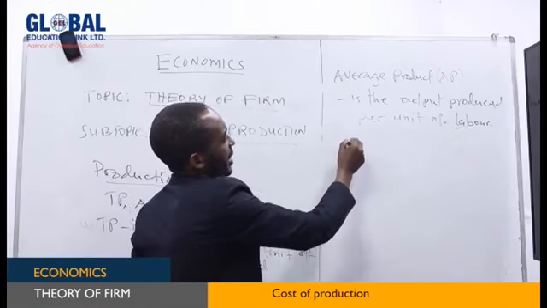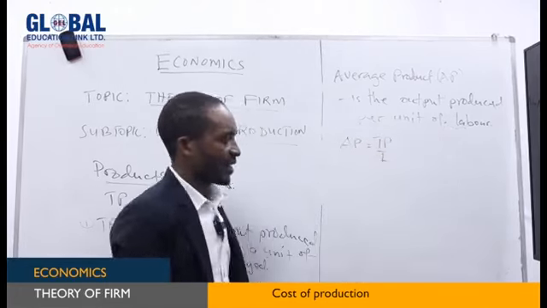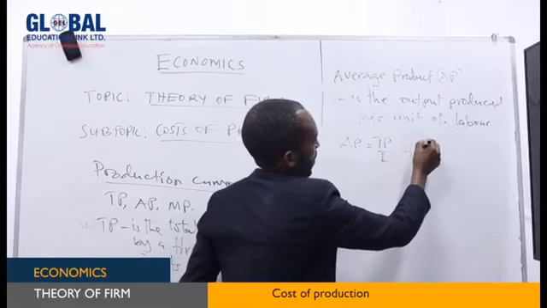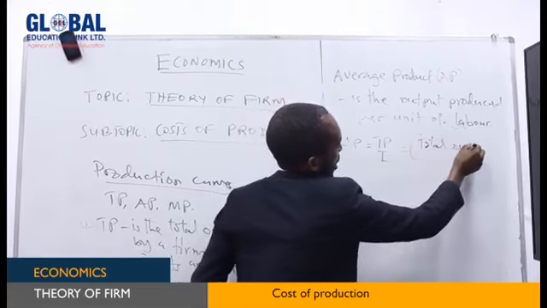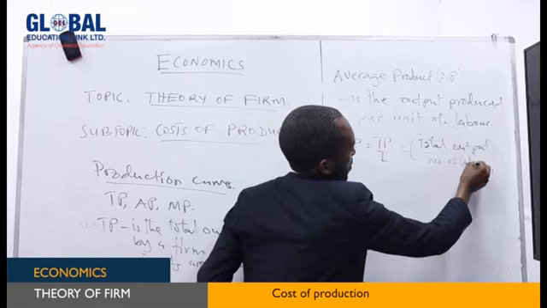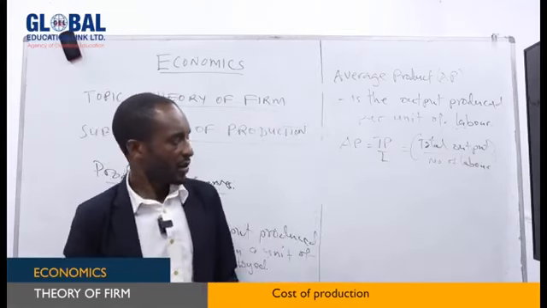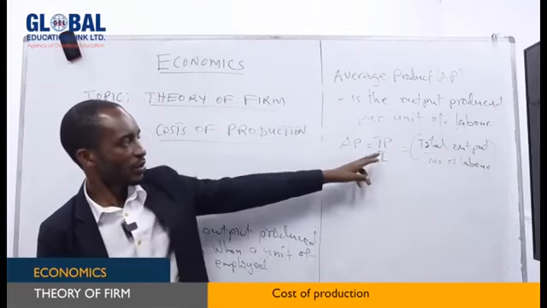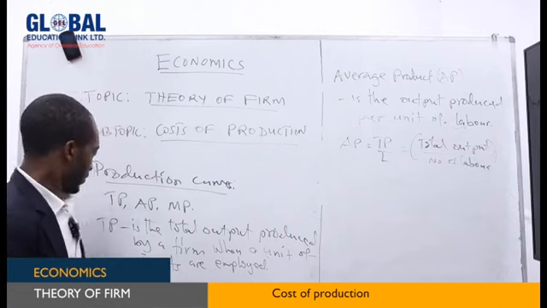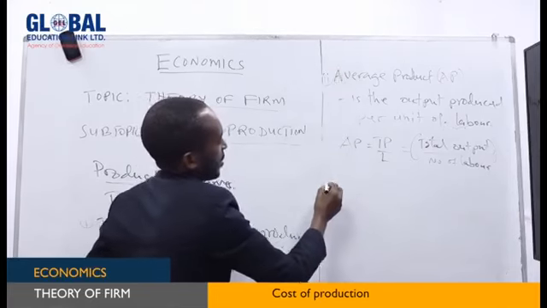So the average product will be equal to total product divided by number of labor. So this is the same as total output over number of labor. So this is how you can find the average product. You take the total product divided by number of labor. Then this is Roman 2. Roman 3